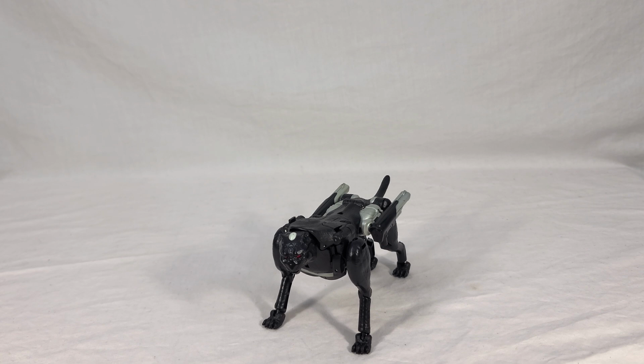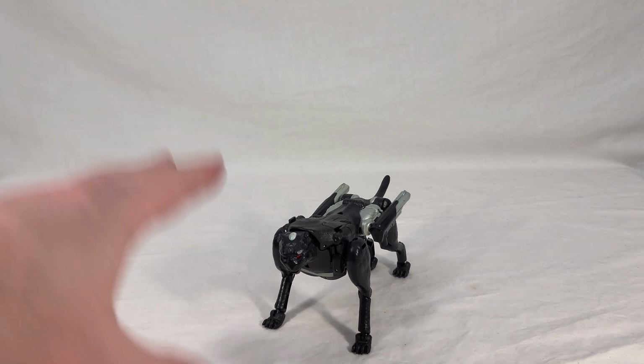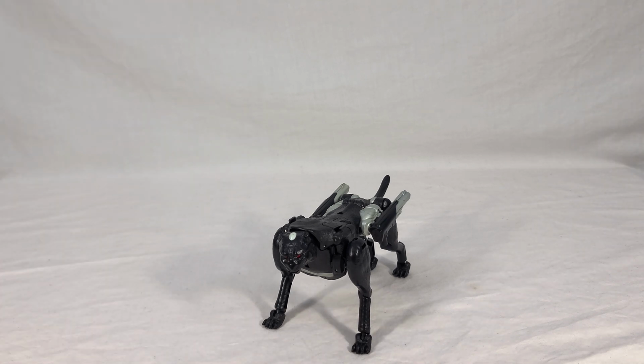Because Transmetals, the whole thing with them is that they had robotic beast modes. And they would either have to go and smooth all this out and make it metallic looking, robotic looking, or they could just ignore it. I wouldn't really be too shocked if they released a toy that's just literally a white version of this and called it Transmetal Tigatron, even though the fur patterns wouldn't make any sense whatsoever. Hasbro will at times take liberties with accuracy just for the sake of pumping out a quick toy, so,